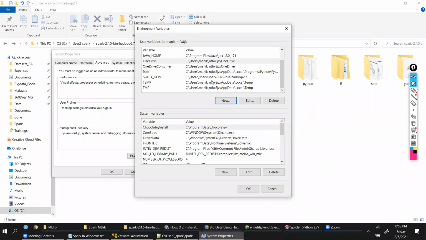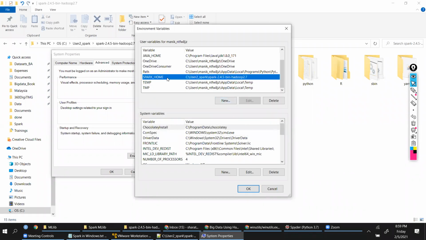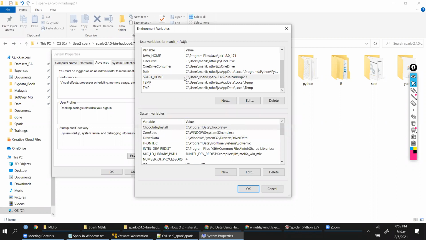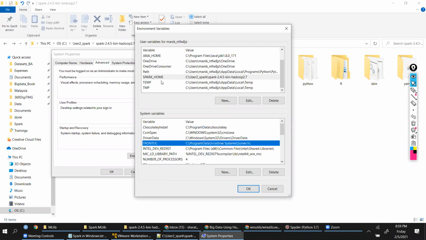Right? This way, you are going to set Spark home, right? And you can also set Hadoop home if you want, or you can also ignore that because Hadoop home is not actually required. But if you want to set, you can create Hadoop home. Now, what is important here? What is the other variable that is more important? It is the path variable,